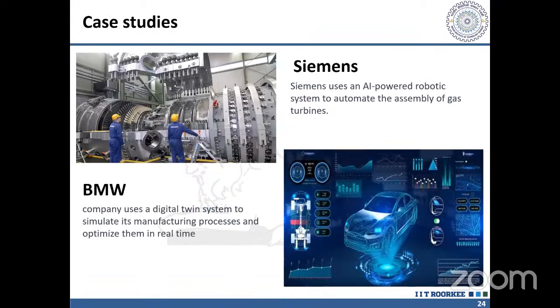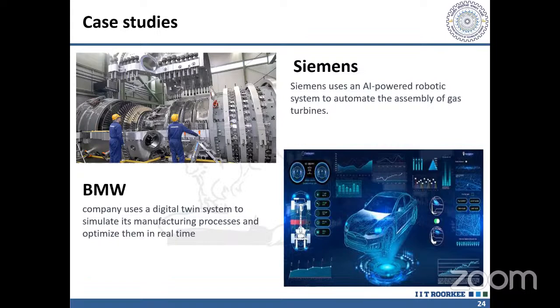So I'm here taking some case studies which implement Industry 5.0. Siemens is a company which implemented 5.0. We all know that Siemens is a multinational technology company that has implemented 5.0 principles in its manufacturing process. The company uses real-time data analytics and AI-powered robots to optimize its manufacturing process, which results in increased efficiency and reduced